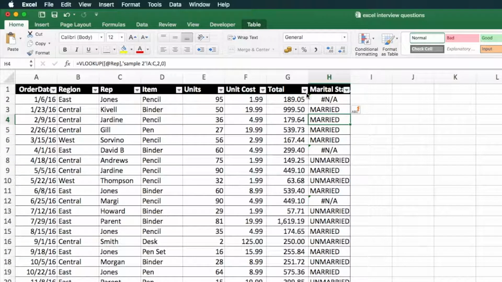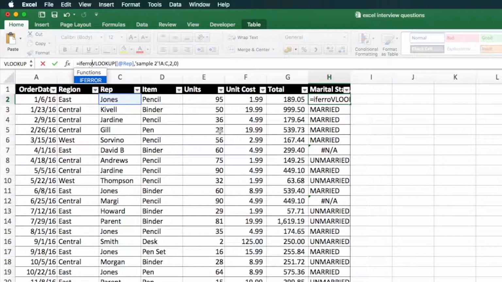Okay, so at some places I am seeing NAs. So to remove these NAs, I can use a formula called IFERROR. So if there is any error, then we can have a blank value as well. So let me just put a formula outside this VLOOKUP. So it's IFERROR, then bracket open, and then this entire formula inside,